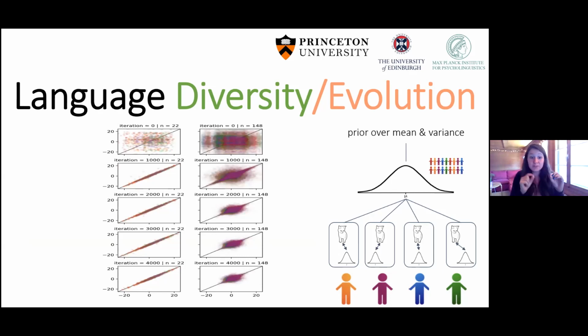And what you see over time is that the small communities develop stable idiolects. They learn to remember and agree with each other, such that each pair has successful communication. But the variation across pairs is maintained. So you can see some pairs are here and some pairs are here. But in the large communities, you indeed see the formation of this kind of population-wide convention.